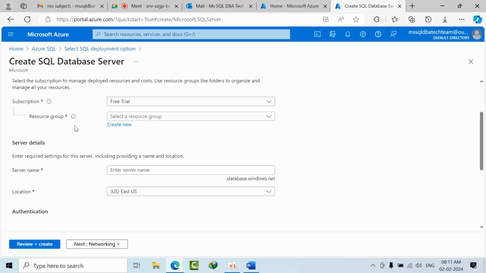I will create folders like Tollywood, Bollywood, Hollywood, and move those movies into their respective folders, right? So the folder is a logical boundary where we keep all these files together. The same way, a resource group is a folder in the Azure cloud.